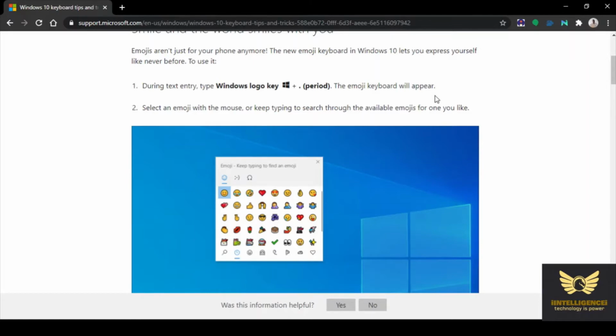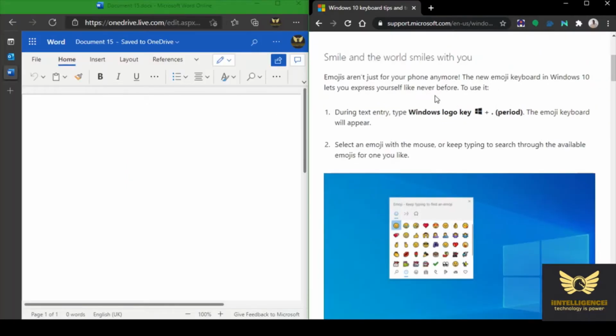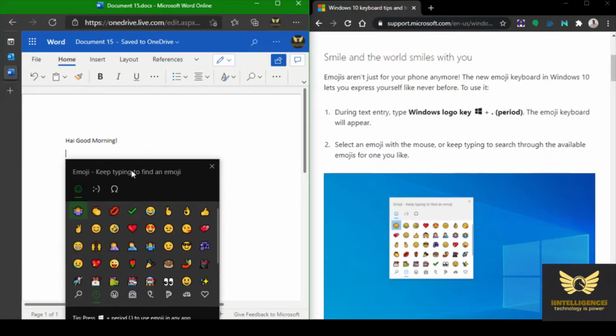Let me have a demo. See here, this is the Word document. So these are some words. Now I want to bring the emojis to my keyboard. So in order to do that, I have to press the Windows logo key plus dot key.